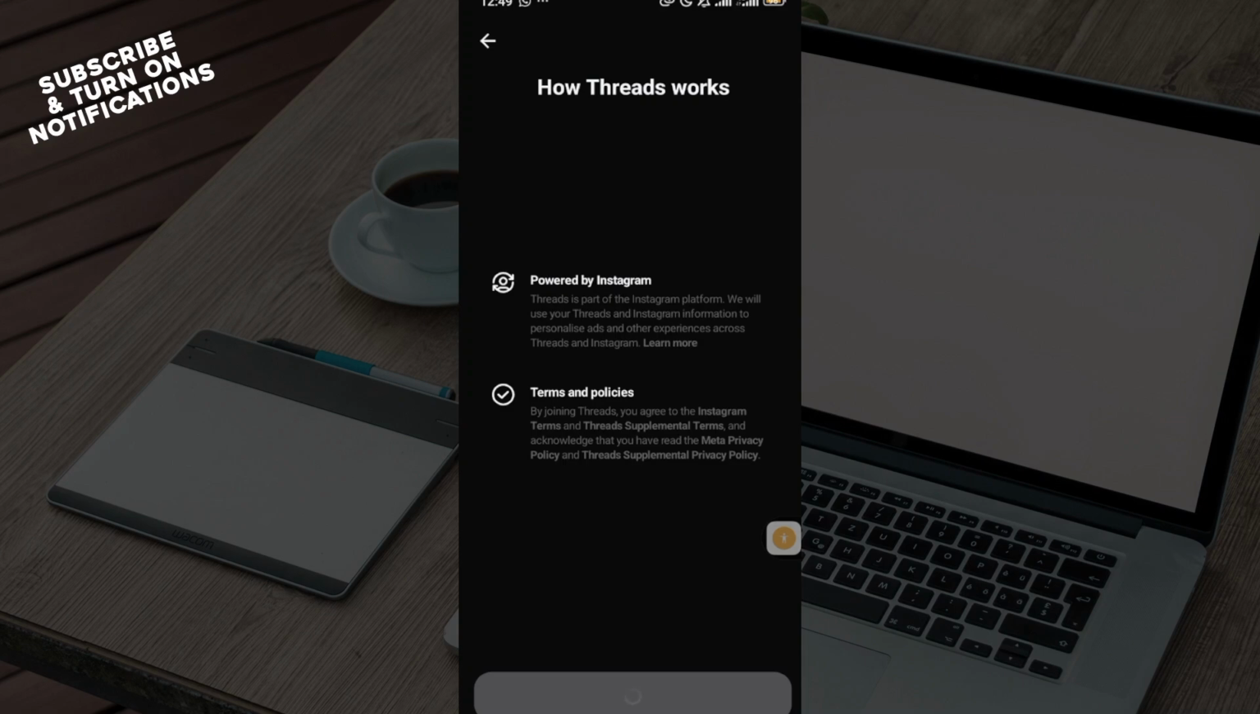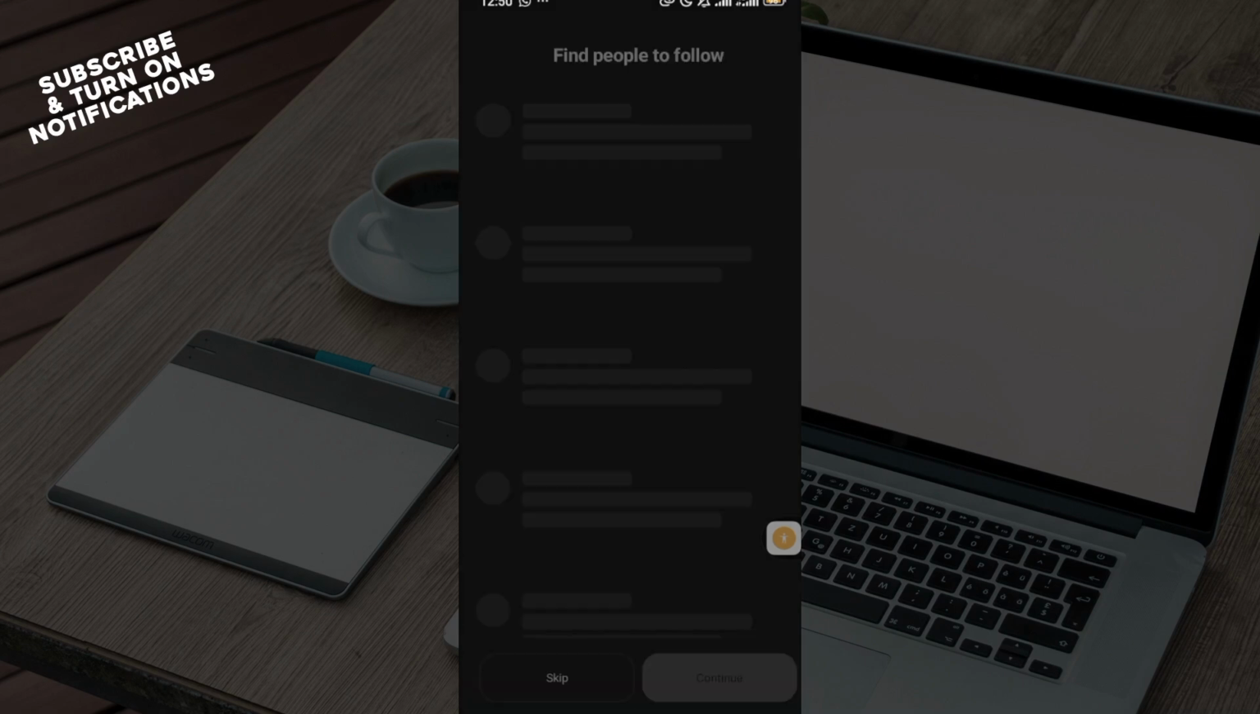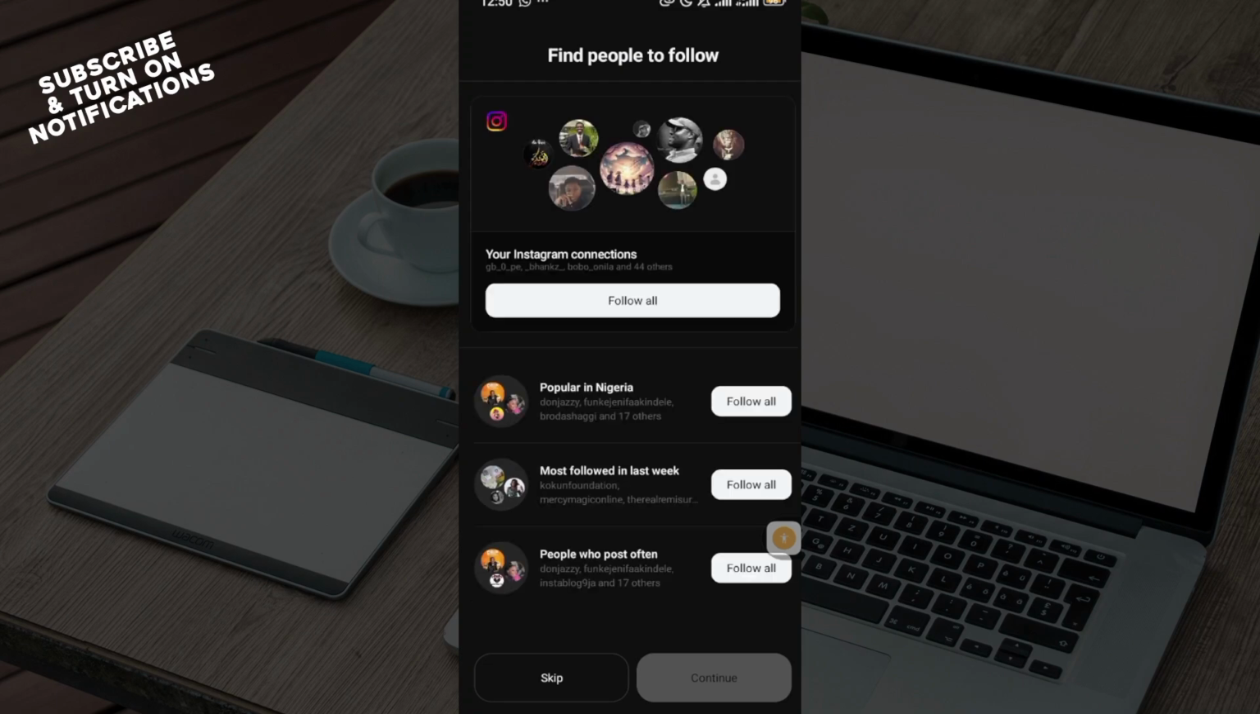After that, wait for the next page to load. And then you'll be required to follow people on Instagram. So the different categories are popular in Nigeria, most followed in the week, and people who post often. If you want to follow, you can just click on the category you would like to follow, or click the